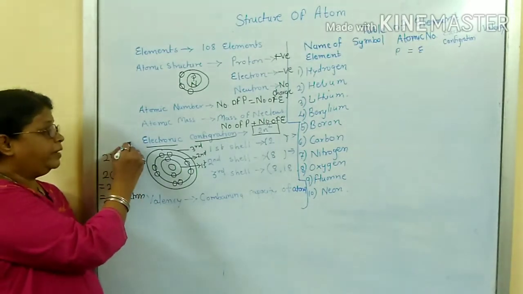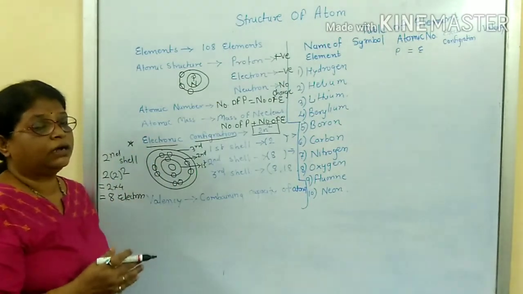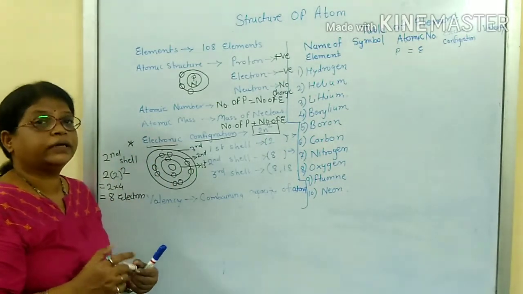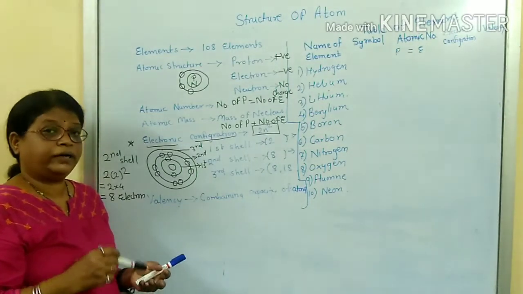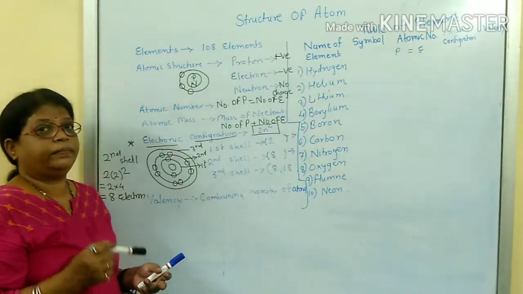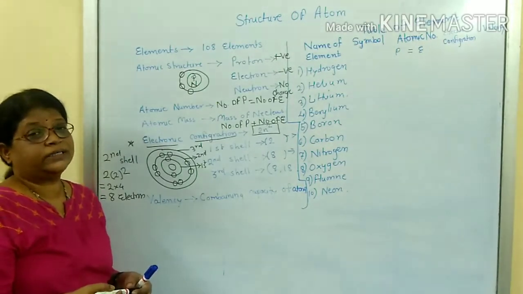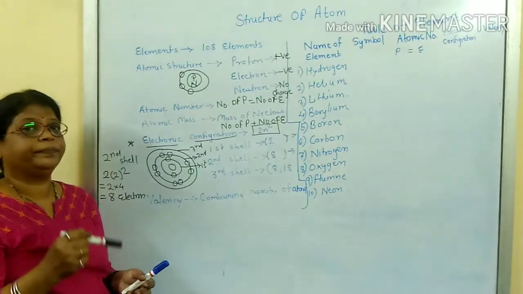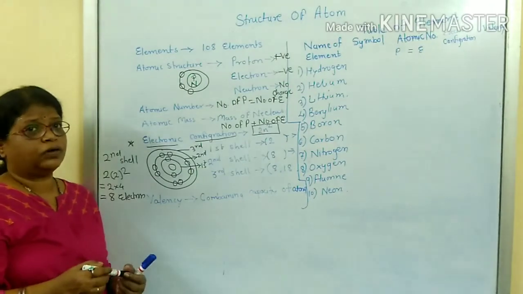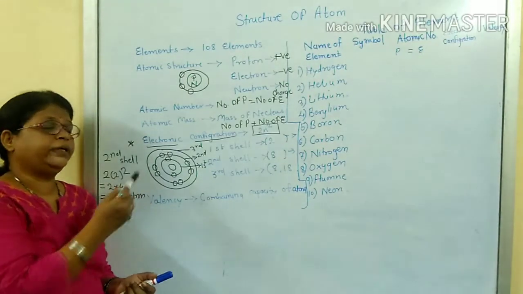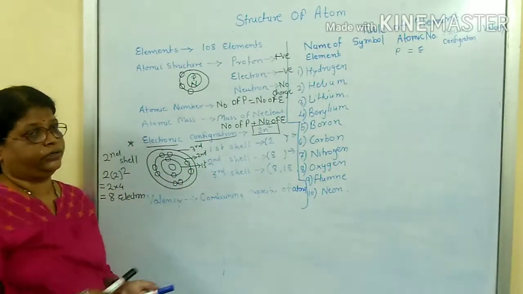It is a very important topic because electronic configuration comes under inorganic chemistry in the periodic table. In the periodic table, there are S block elements, P block elements, and again in 12th standard, D block elements and F block elements. In 10th standard also, you have the chapter periodic table. In that, this concept is introduced.